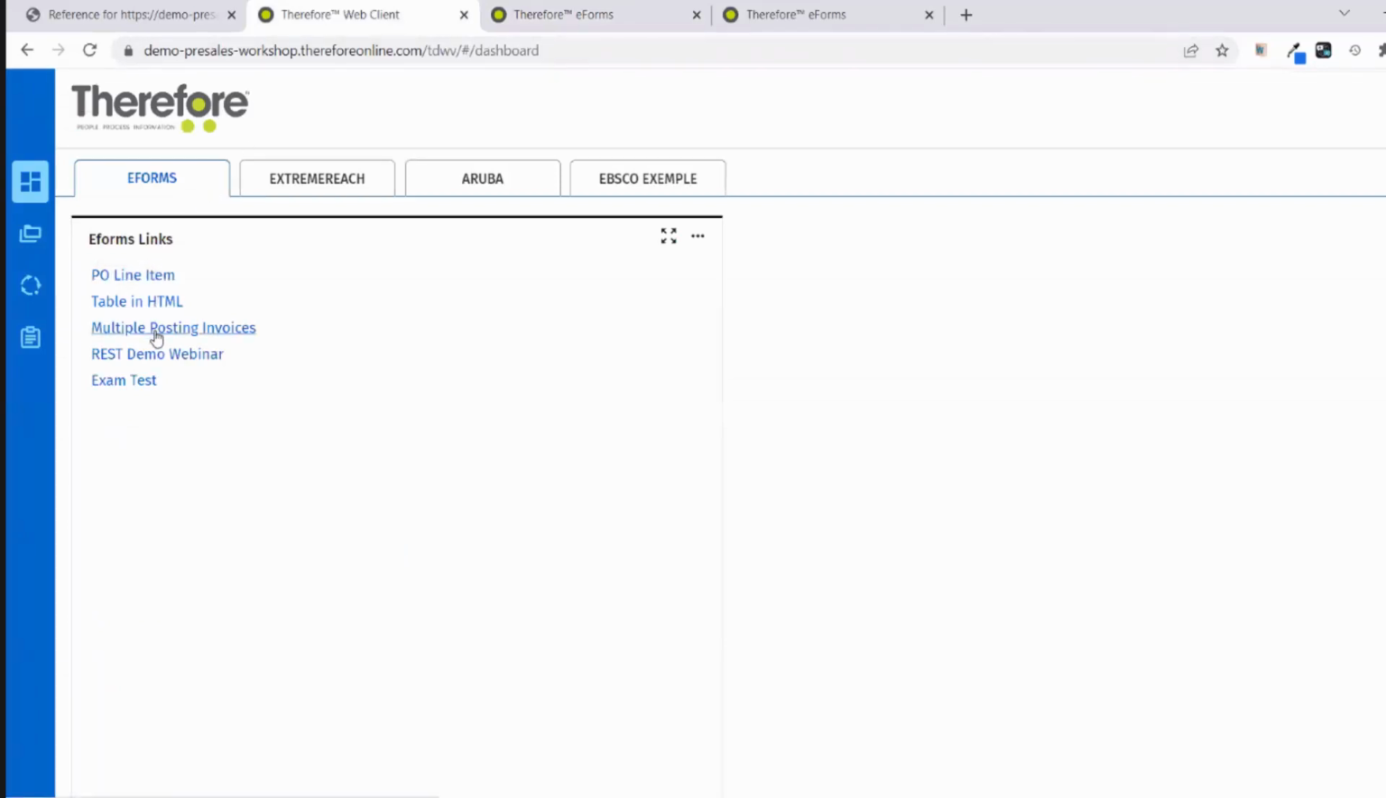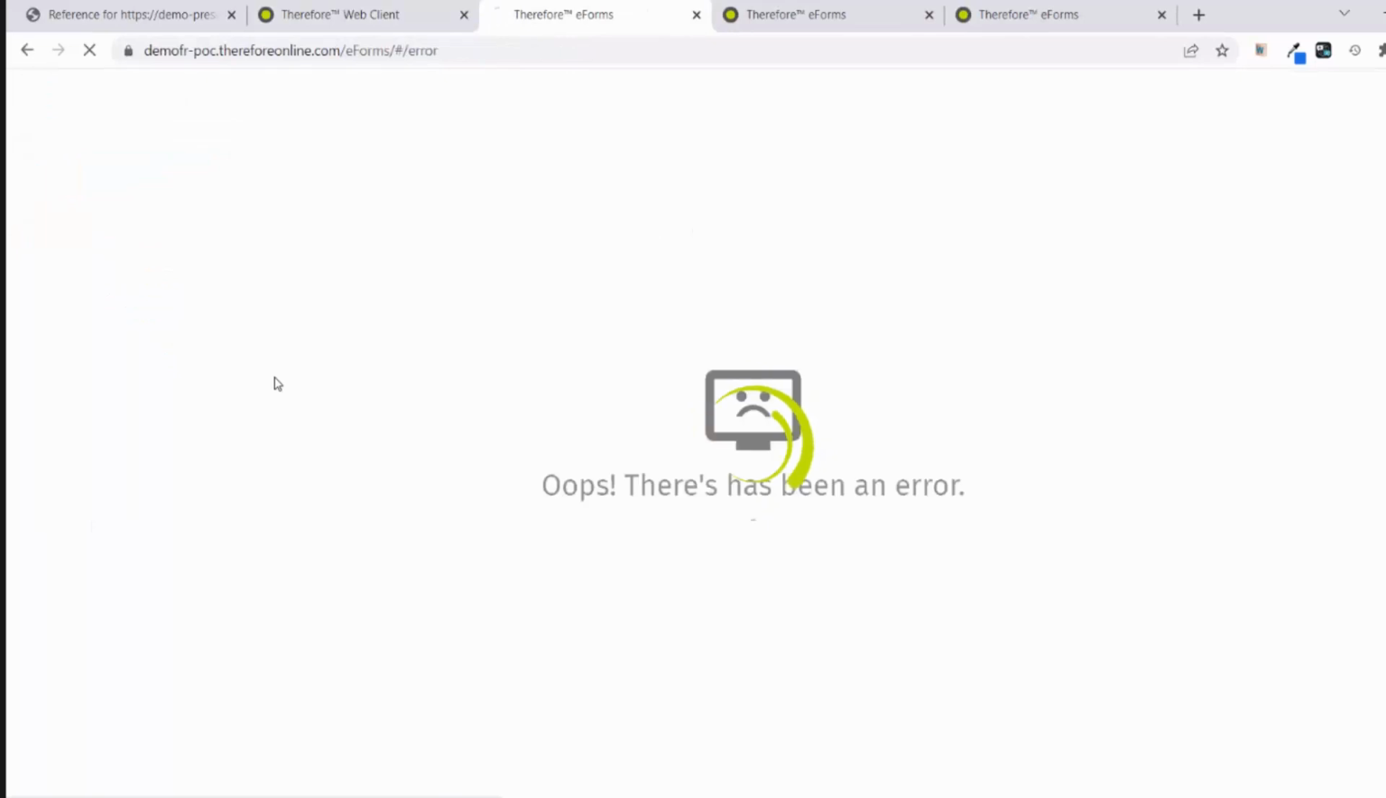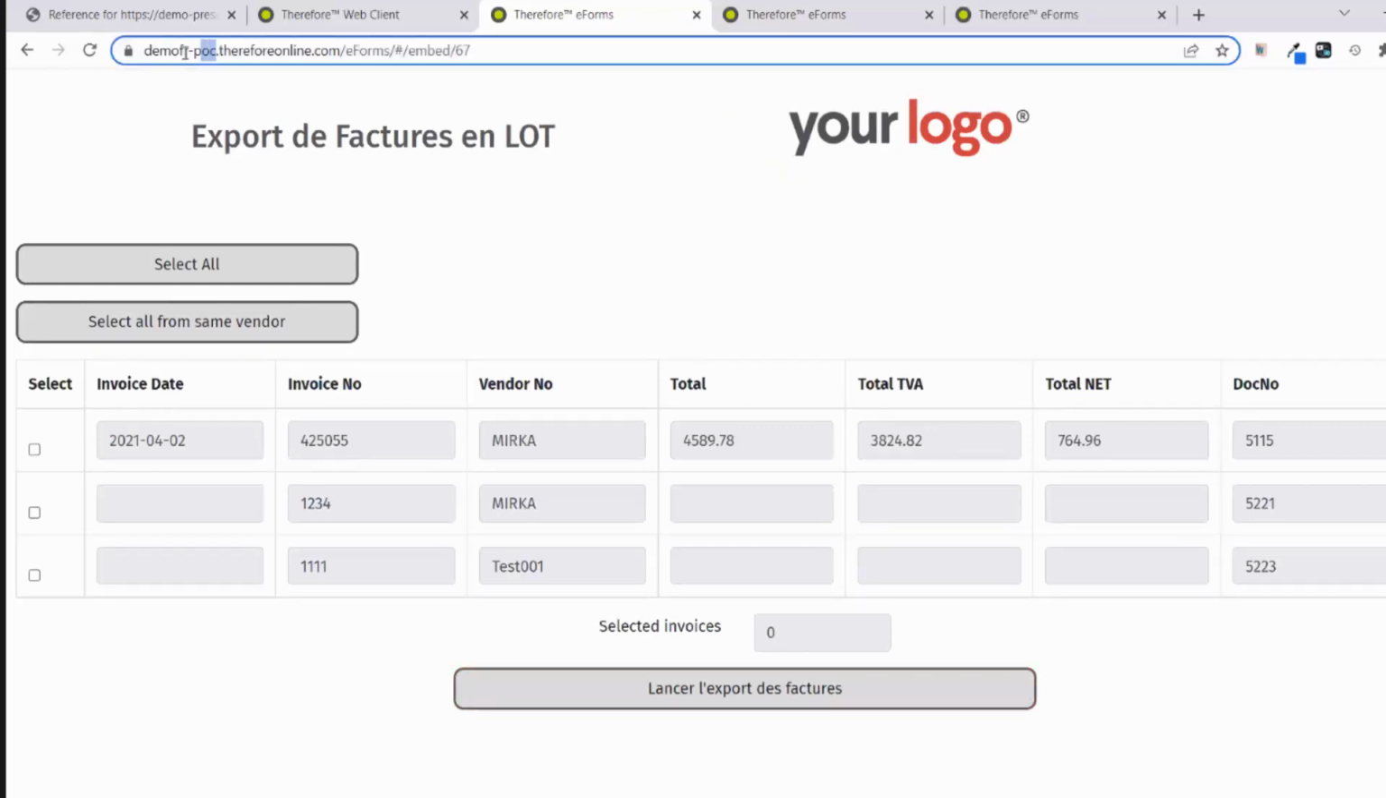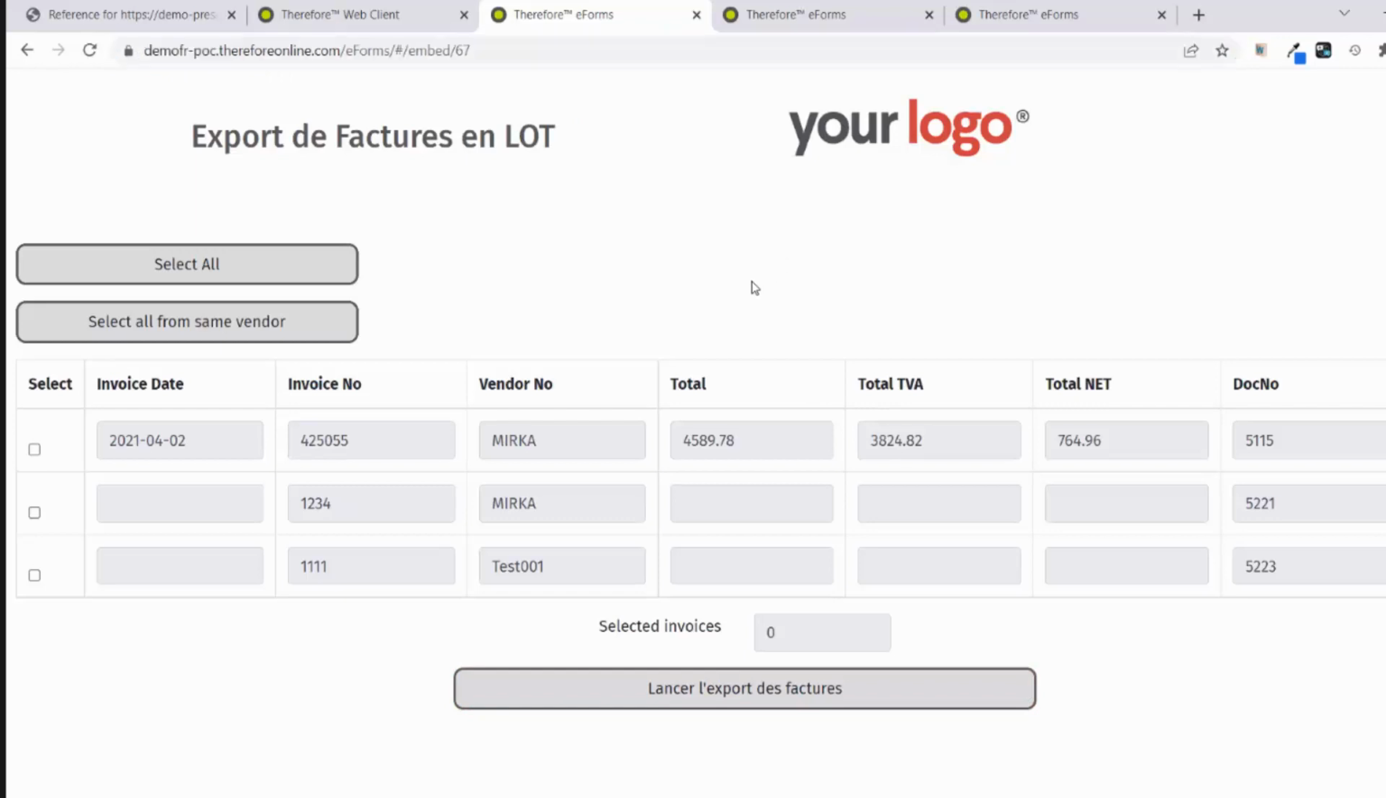And there is a lot other, oops, there's an error, but it's okay, it's running. It's in French because it's under the French tenant, okay? So this is for post invoice, so it's very interesting. Here in this eForm, we have only 3, but